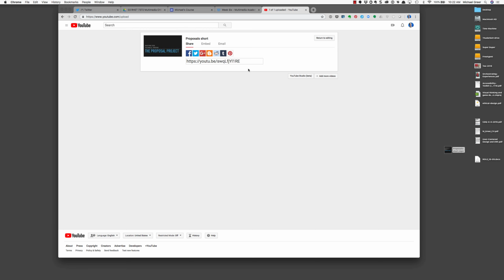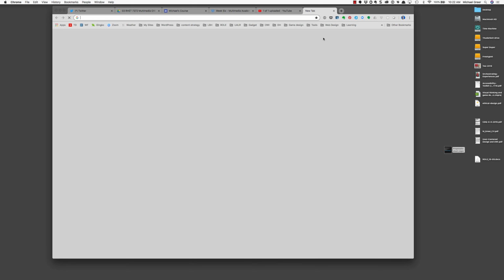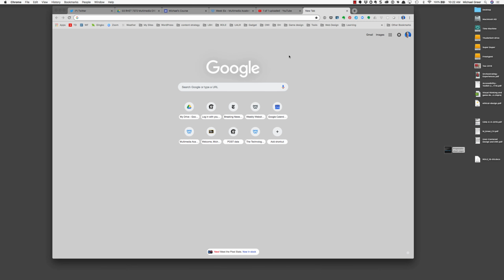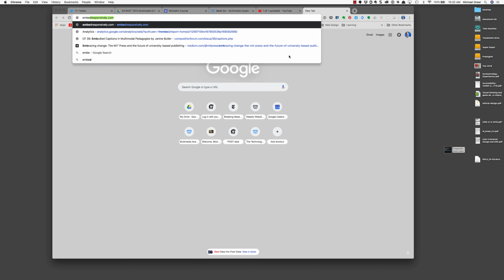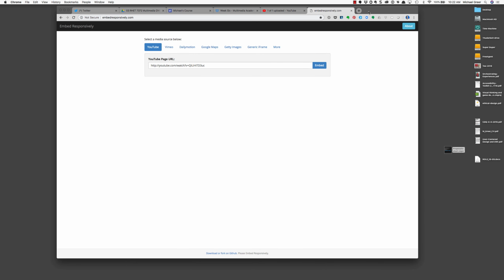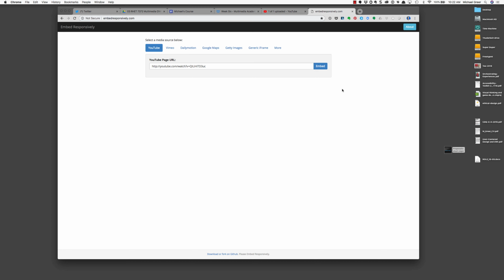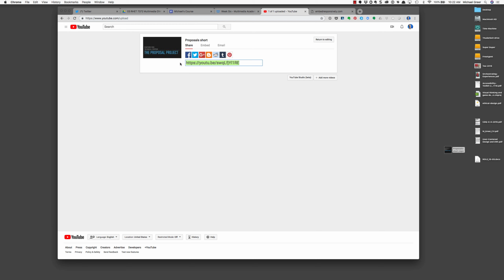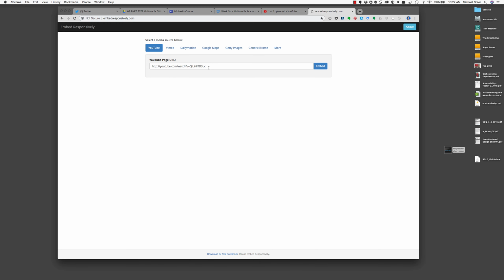How do we then make this final step and get it embedded on our page? I'm going to show you one extra piece. You don't necessarily have to do this, but I think it's best practices in terms of accessibility and usability, and that is to use this thing called embedresponsively.com. It's a free website. It does one thing. It generates responsive codes. So all I need to do is grab this, copy and paste this URL, the YouTube link. I'm going to copy that to my clipboard, go to Embed Responsively, paste it in here, Control V, and